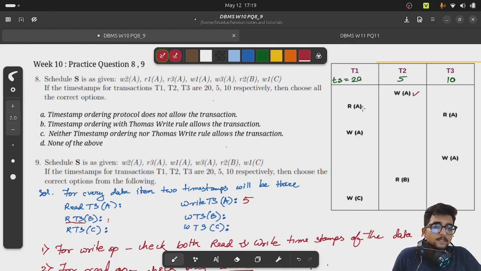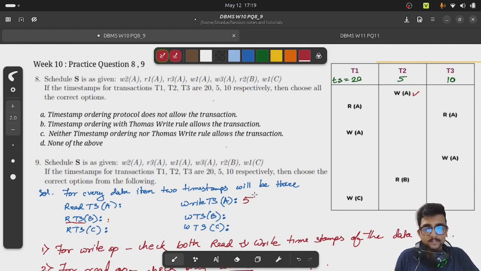Next, the read operation is there. We know in case of read operation, we refer to only the write timestamp of that data item. So here is the write timestamp of the data item, which is 5. So that's not an issue,